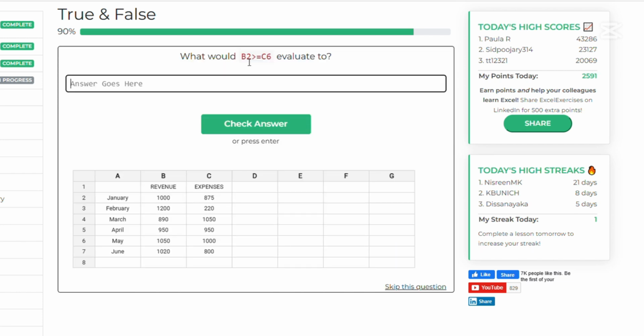What would B2 greater than or equal to C6 evaluate to? Now first you have to look at B2, which is 1000, and then what is C6? You go down here and you see C6 is another 1000. So is 1000 greater than or equal to 1000? The answer is